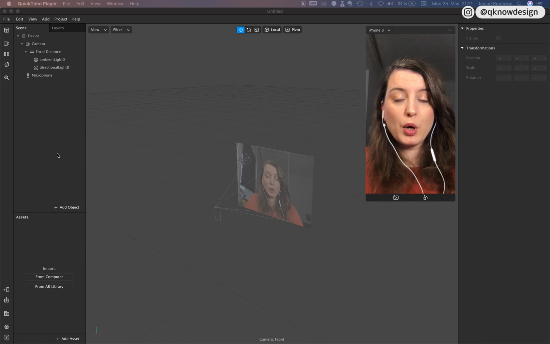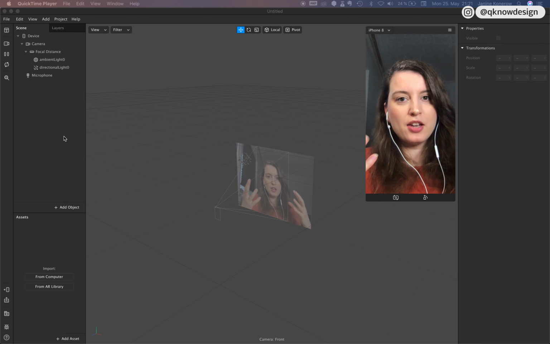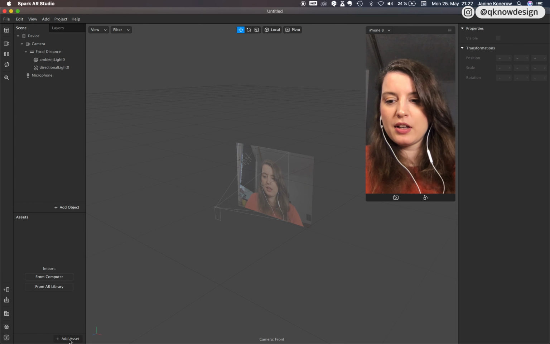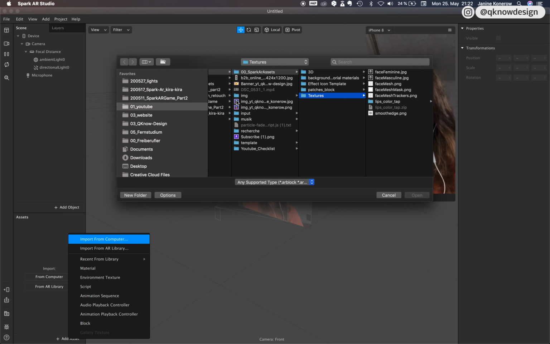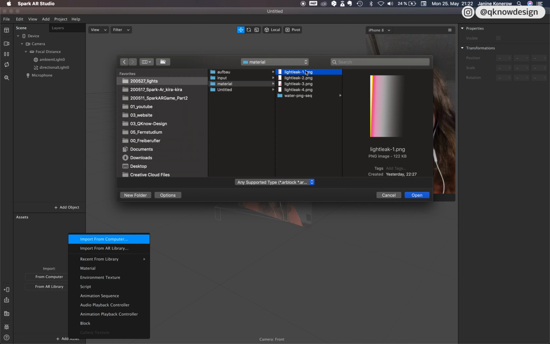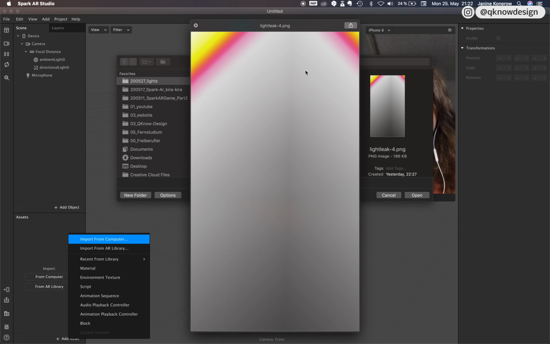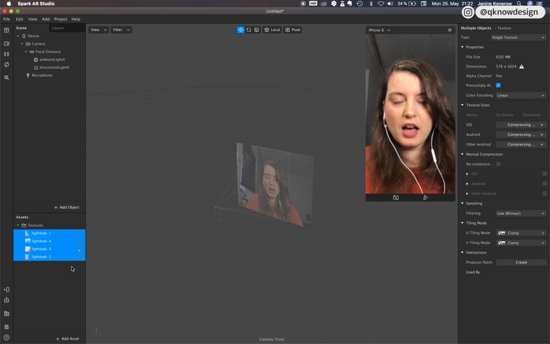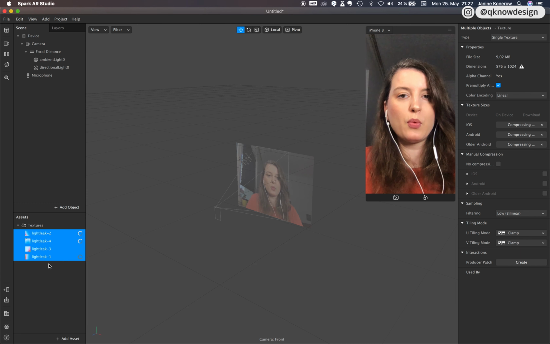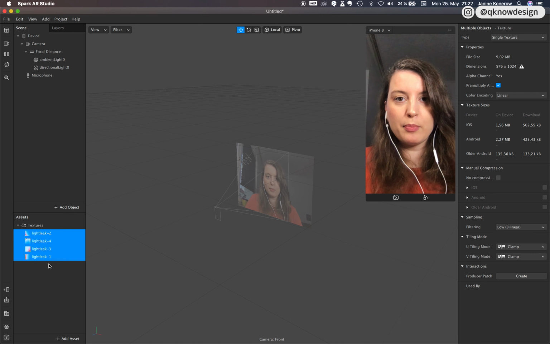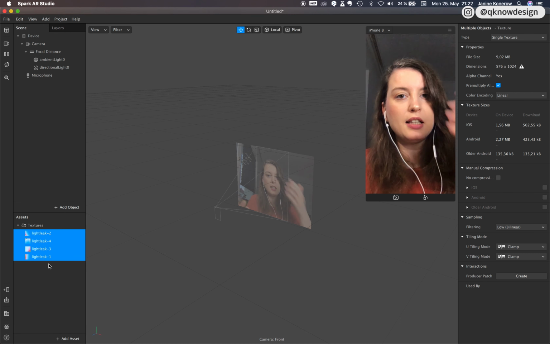And the second part, we want to create light leaks. So we want to create an animation with light leaks, and I created 4 different light leaks with Photoshop. This one right here. And how I created them, I will link the tutorial down below, and also my reference for the light leak animation